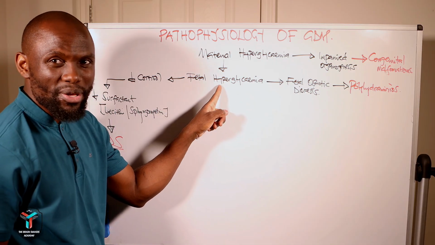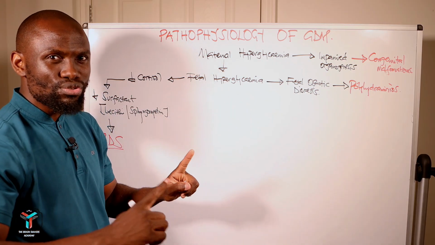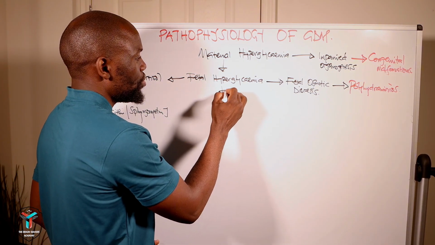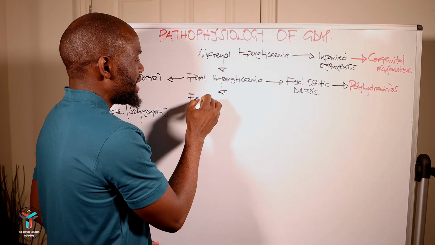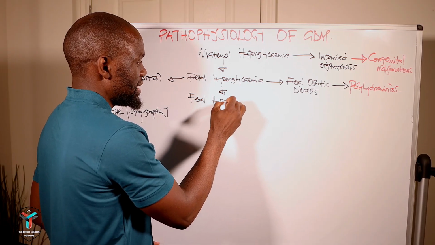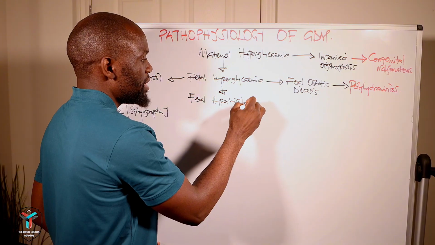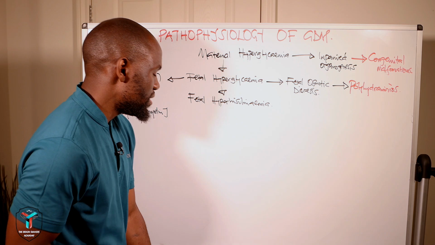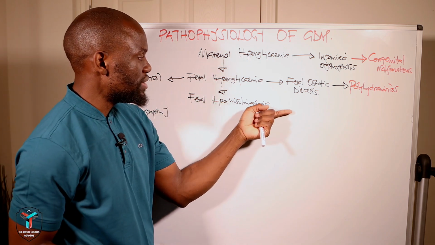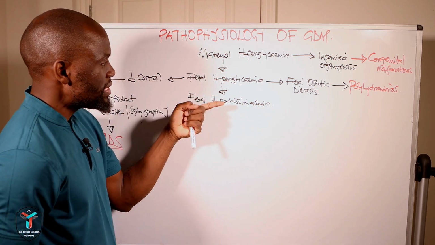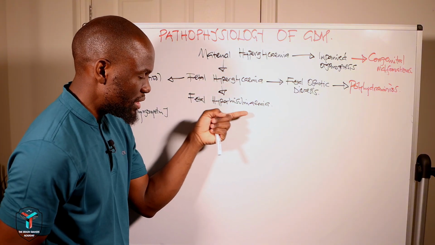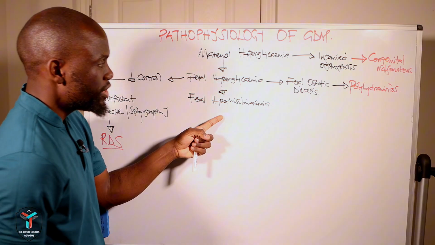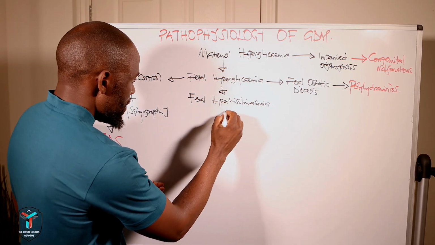Now, the fetal hyperglycemia would then stimulate the fetus to produce high amounts of insulin. So we end up in a state that we're going to call fetal hyperinsulinemia, meaning that there are high amounts of insulin circulating in the blood. Now, if there are high levels of insulin, what is this fetal hyperinsulinemia going to bring about? Number one,